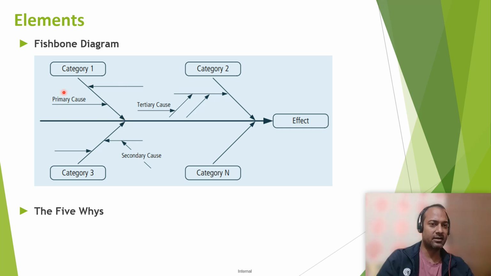So you try to identify the primary cause for each category, and when you have created the overall picture, you identify the real effective cause for the problem, right? So that's why it's cause and effect. The five whys is another method to find out the real cause for the problem, and this is basically